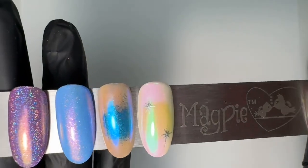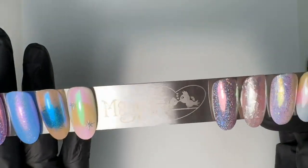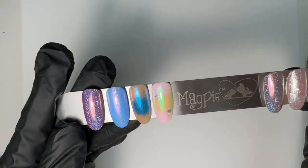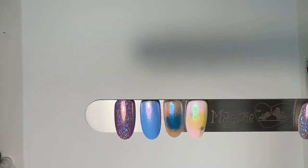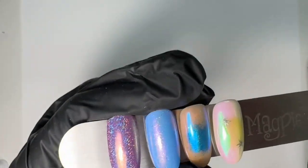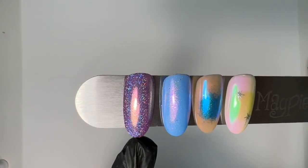But we can just add a little bit more dynamic, a little bit more interest to the manicure just by adding one or two more steps. So we are going to hop right in. The first thing we're going to do is a chrome sandwich, just the traditional one, and that is going to be a glitter version. In this case, in this example, I used...